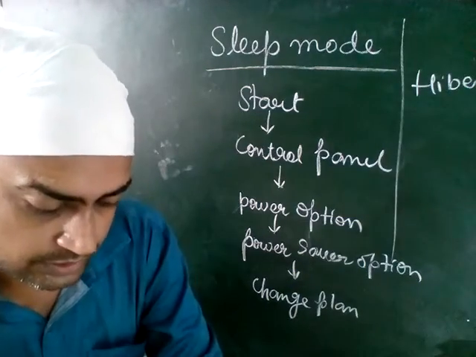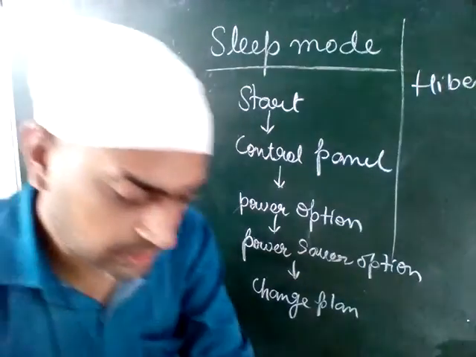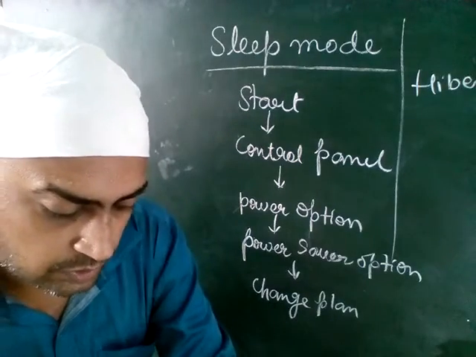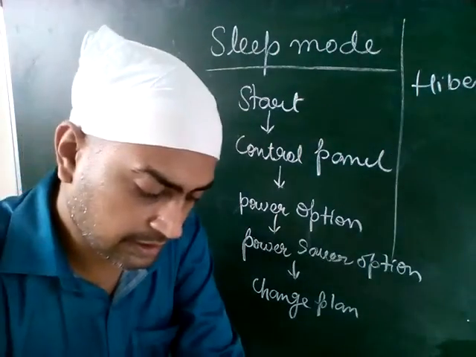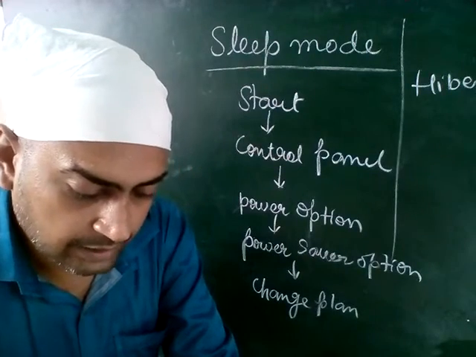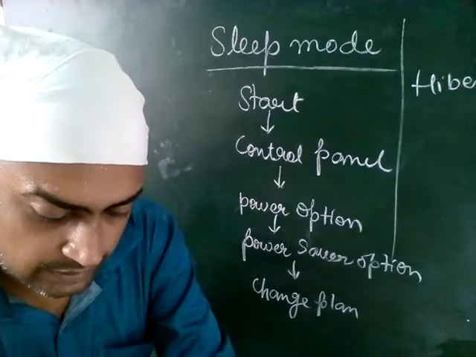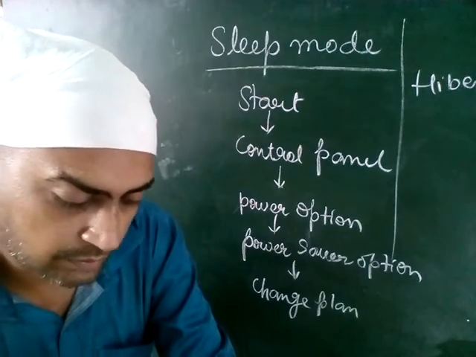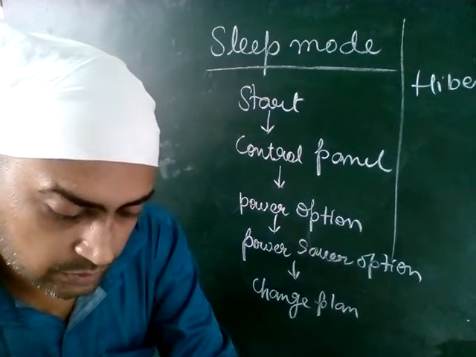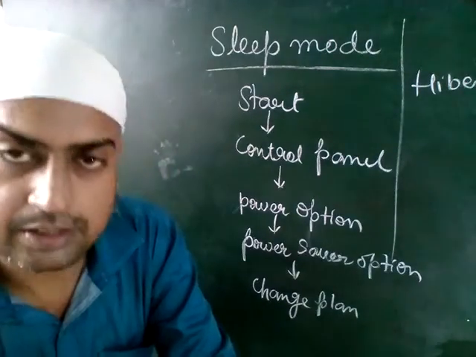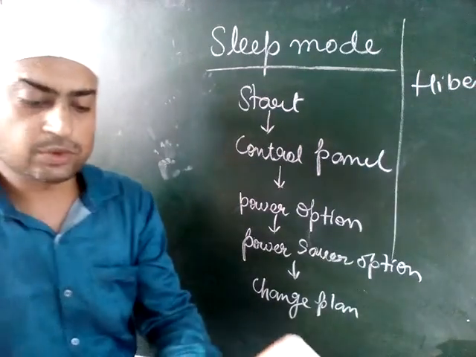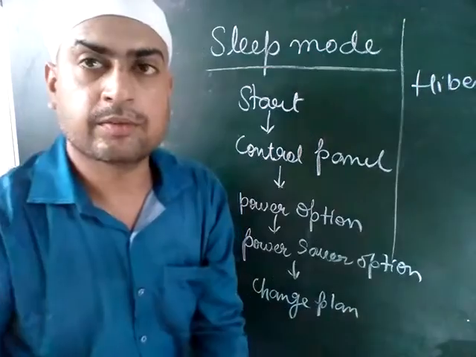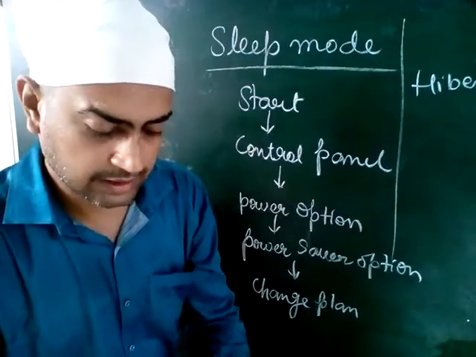Now two application based questions are given. Ritu has to complete her assignment and submit it the next day. While typing, all of a sudden the keyboard of the system stopped working. Suggest an alternative to complete the assignment. Means what alternative can she use? She can use the on screen keyboard. This is the second option she is having.